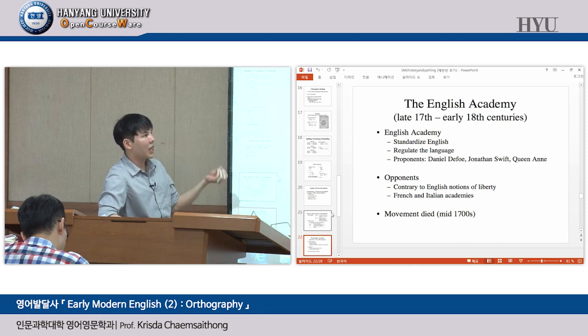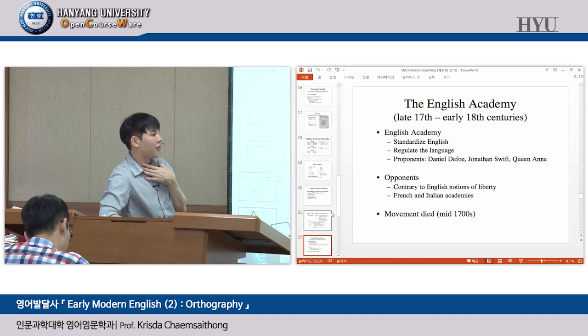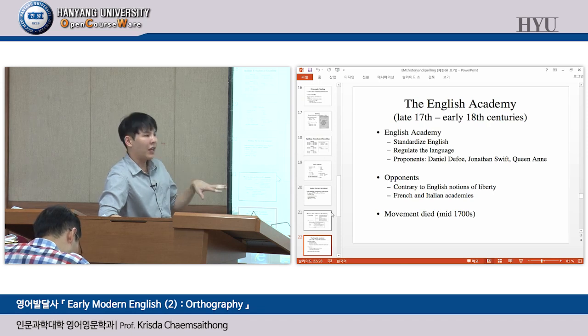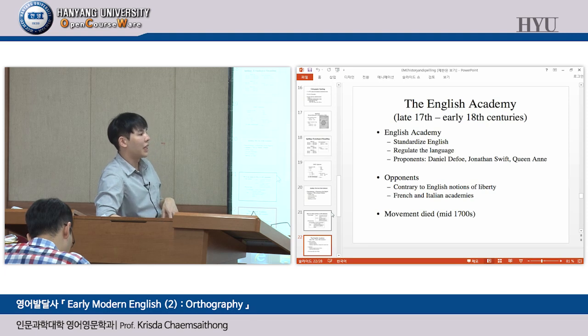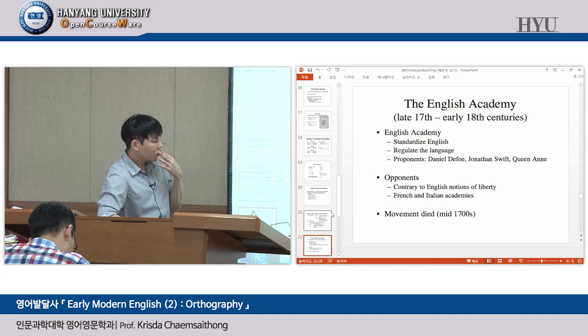The French and Italian academies had the same kind of organization that was responsible for language change. But the French and Italian academies failed, and then they just faded out of existence. So the opponents said that the French and the Italian academies didn't work, so our academy will not work also. And the movement died in the mid-1700s because